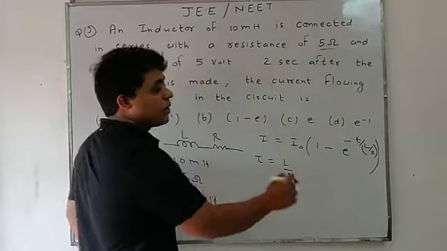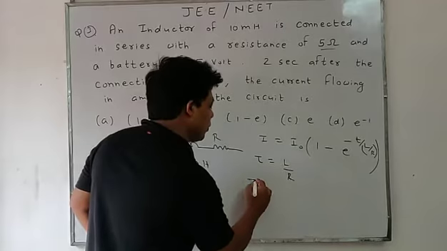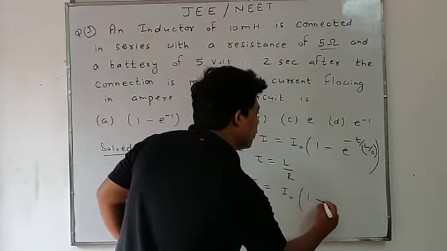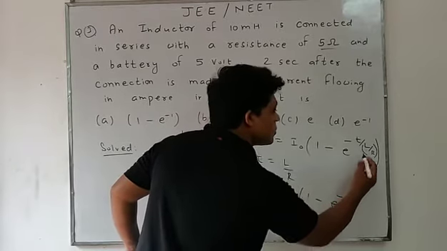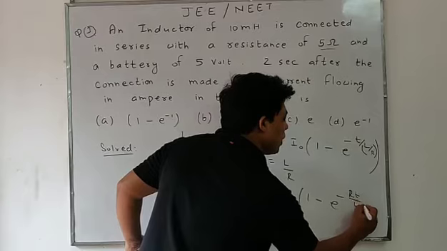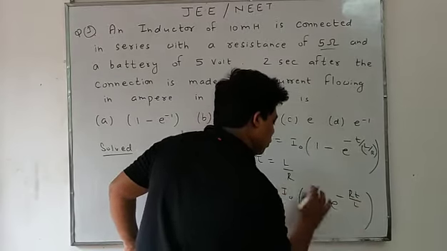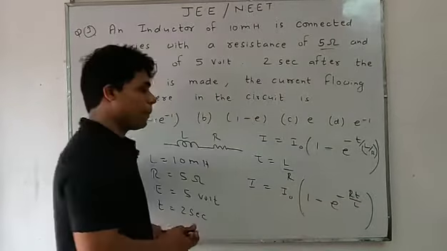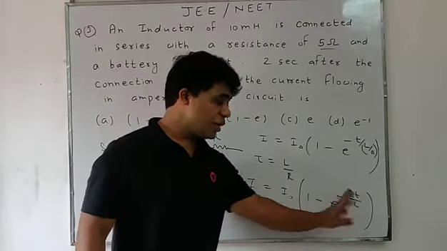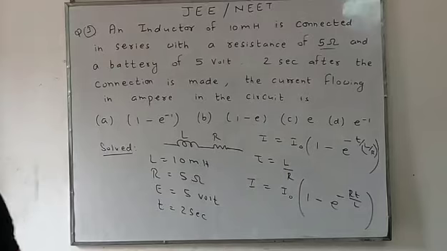So now what I'm going to do is replace tau by L by R. R comes in multiplication, so it becomes I equals I naught times (1 minus e to the power minus R t by L). Okay, so this is the relation. Look students,